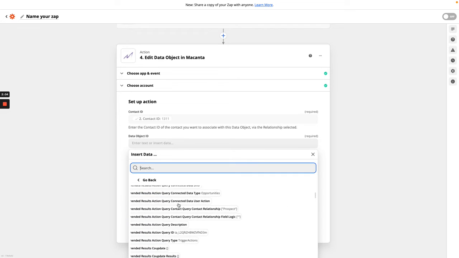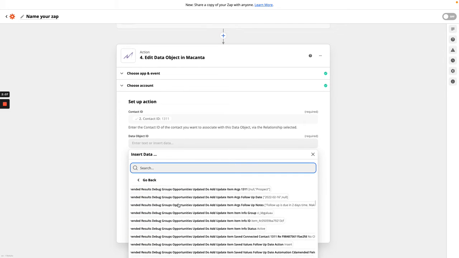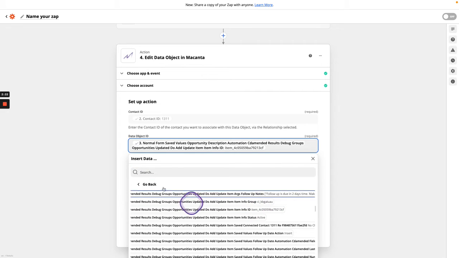And then if I just go and find the right one from our long list, and there's our item ID is what we're after, item, and then we've got some details there. So we go and grab that,